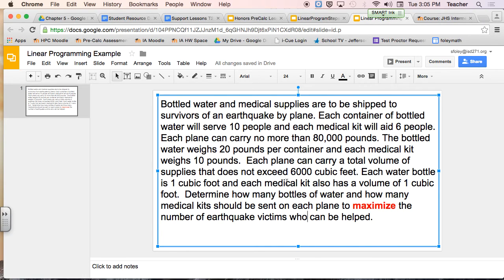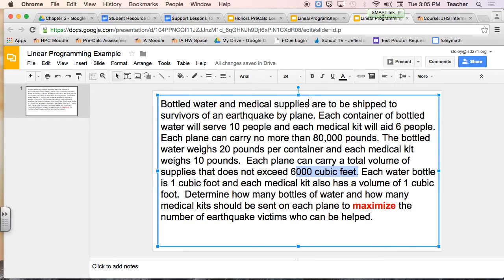And so this problem's got a whole lot going on. We can read through it. We're shipping bottled water and medical supplies to survivors of an earthquake by plane. Each of those things helps different numbers of people. So bottled water will help 10 people, medical kits will aid 6 people. And we're limited by a couple things. We're limited by the pounds on the plane and by the cubic feet on the plane. And so we have to sort of fill up the plane in the most efficient way to help the most